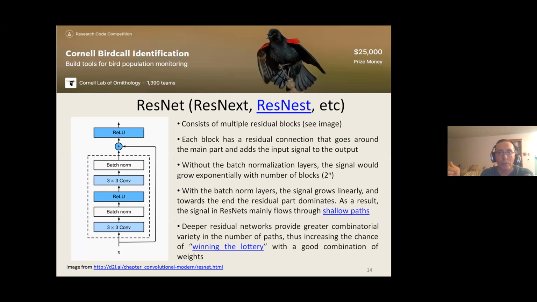But the beauty of this thing is that when you have 100 layers, if you read the lottery hypothesis paper, I don't remember the exact title of it, but I have the links to two papers that I actually reviewed on my site. The first is about shallow paths for residual networks, and the second one is about the lottery hypothesis. The idea is that